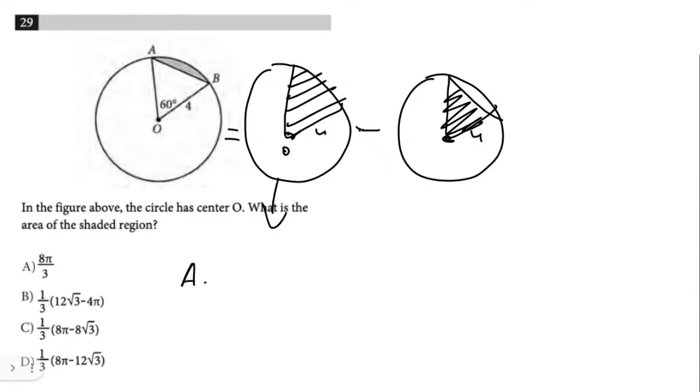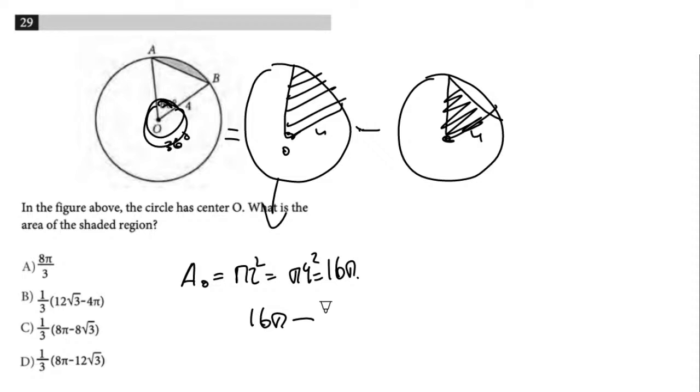Area of circle equals pi r squared, and I find it pi multiplied by 4 squared, or it's 16 pi. Good. So I found the area of the whole circle. If this is 60 degrees, all of this is 360, right? So I write that 16 pi